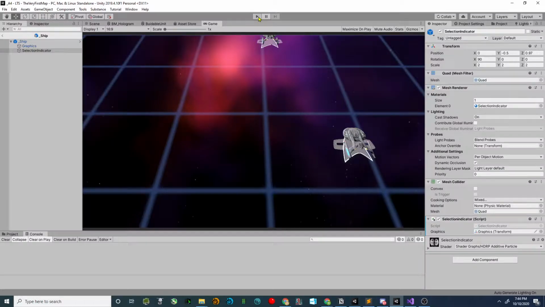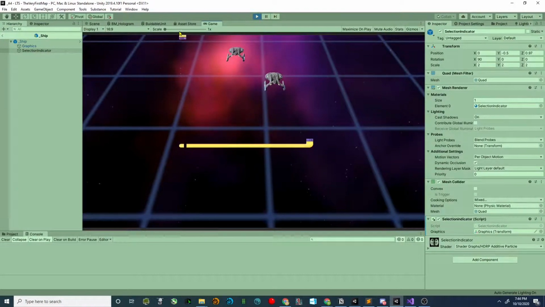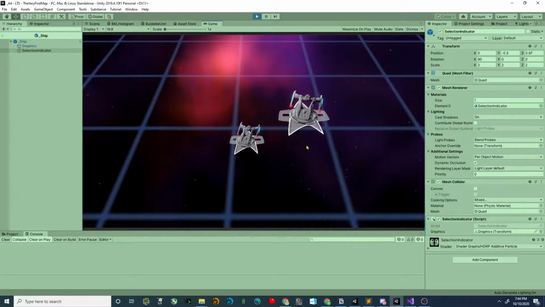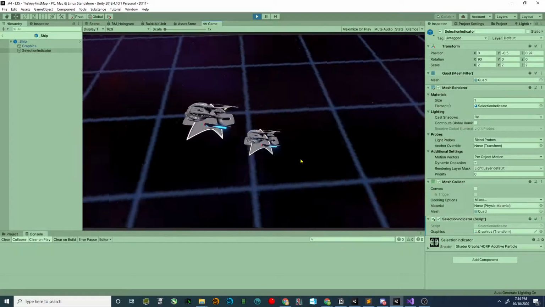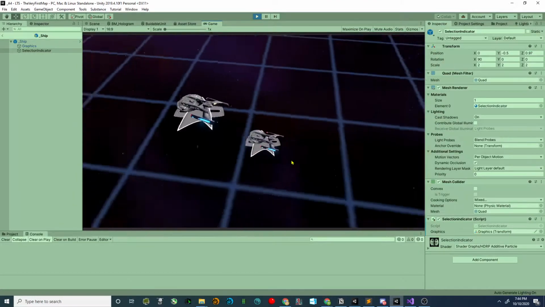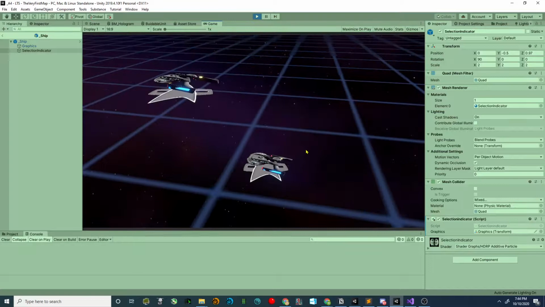So now let's just check to see what this does. I'm going to select these units, and notice how regardless of how the ship's rotating, the selection indicator is staying straight relative to the camera. And now if I move the camera around, it's going to rotate with us. How cool is that? And if we go below,